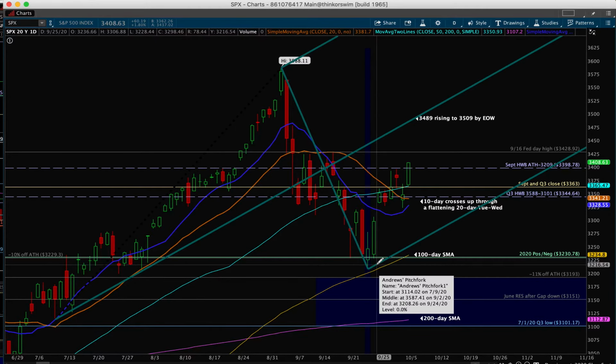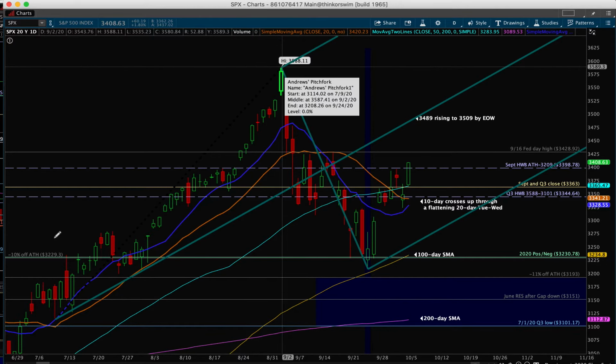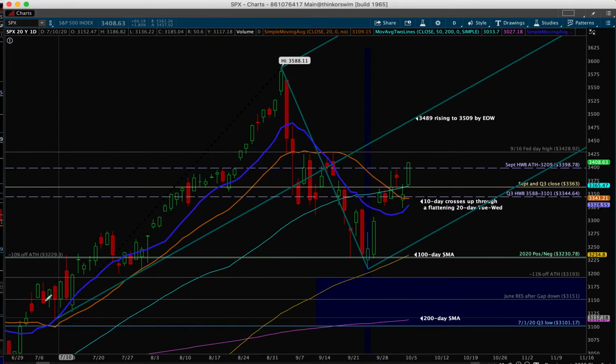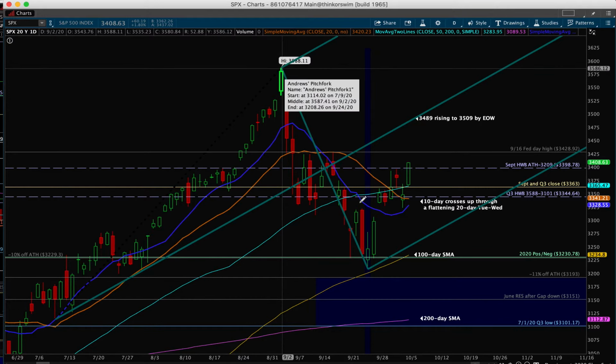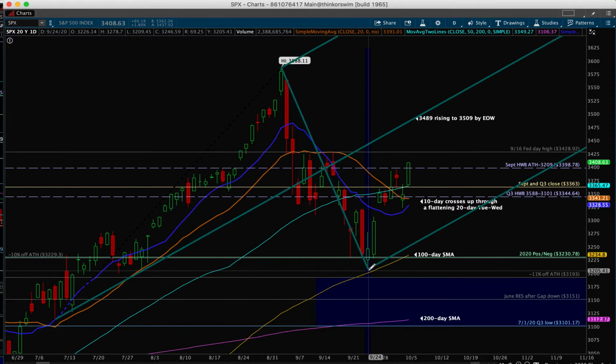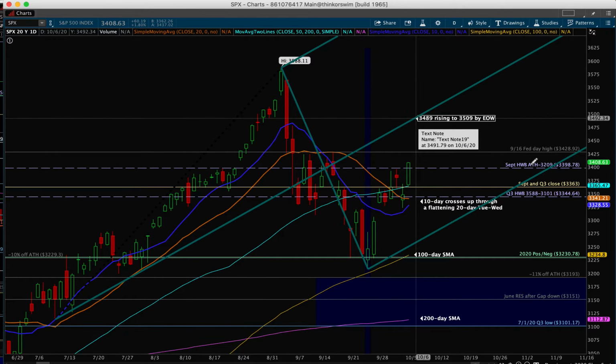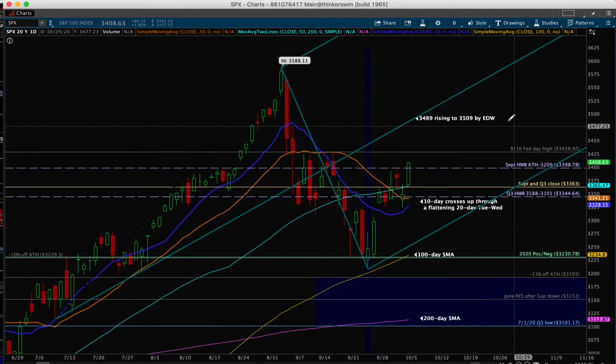that's what you look for when you want to lay down a fork on top of your daily time frame chart. So I use this back test low and tag of the 10-day simple moving average at the beginning of July to the all-time highest plot point to this September recent swing low that we made down to 32.09, and it gives me this fork projecting out a target at the median line of about 34.89 beginning tomorrow, rising to 35.09 by the end of the week.